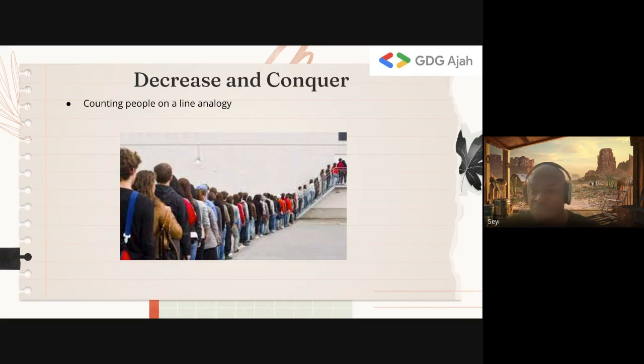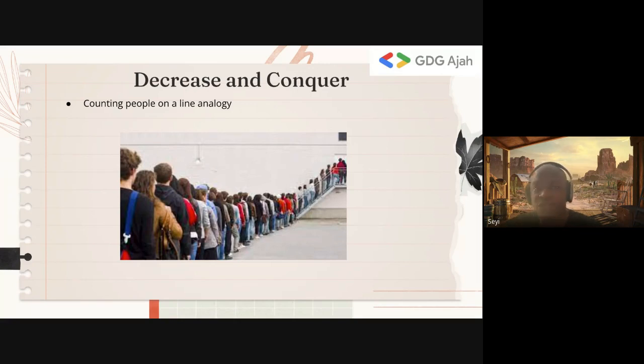Now for bottom up, there's one way I could do it. The person at the back of the queue can say, you know what? I'm one person. And tell the next person in front of her, I'm one person. Add it to yourself. So essentially, that's basically what you do where you take numbers, right? 1, 2, 3, 4, and you start doing numbers. Now that's bottom up. But you can see that we could solve it in that way. Either we go from back to the front or front to the back.